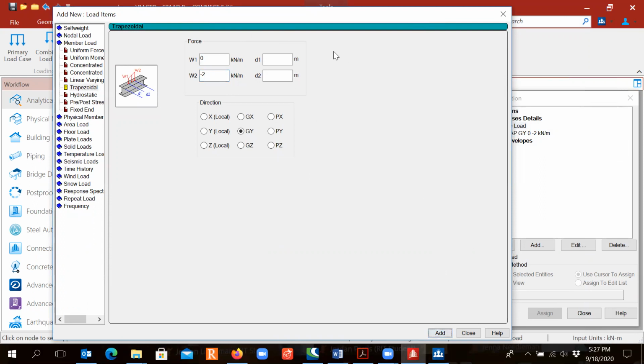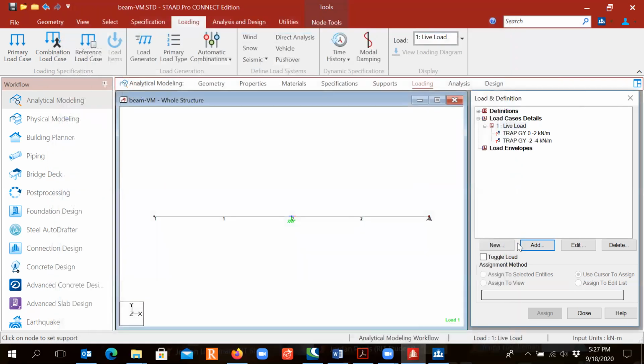And then on member 2, also a trapezoidal shape, W1 is -2 and W2 is -4. Direction is global Y direction. And do add. And close. Then we highlight the first trapezoidal shape from 0 to -2 and use the cursor to assign